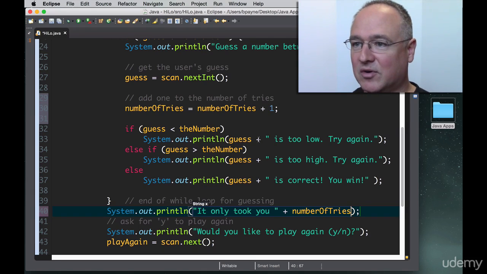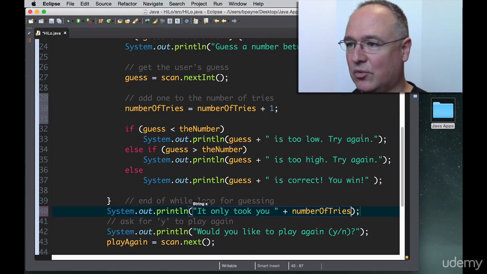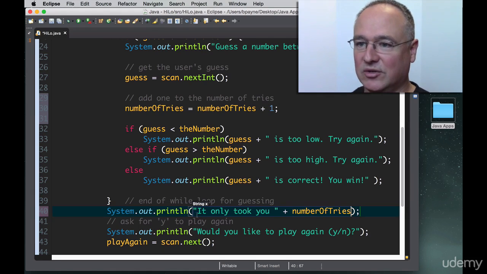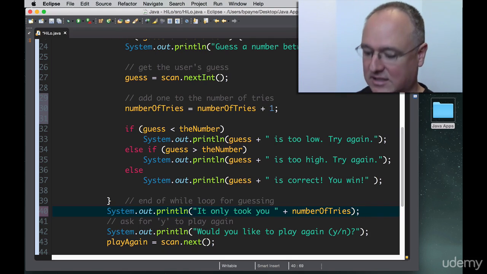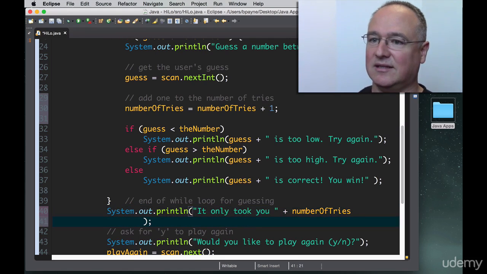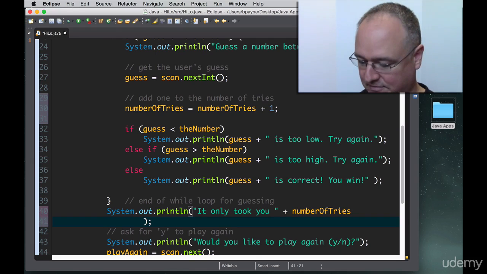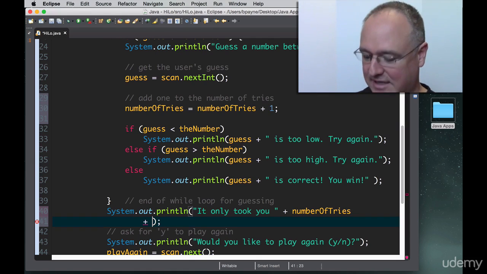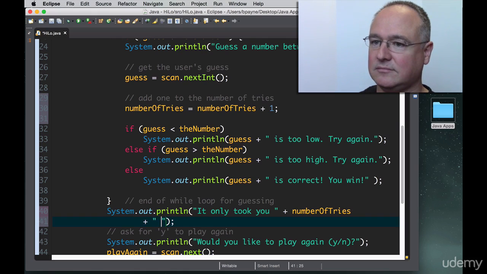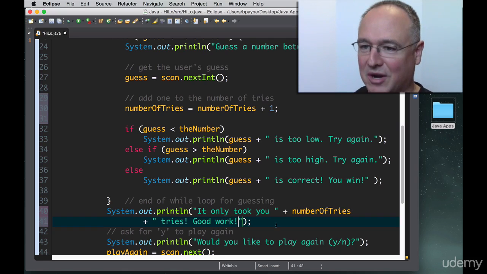So we printed out the number of the guess, and then we added to it the rest of this text. We're going to do the same thing. It only took you, number of tries, and I can hit return inside this system.out.println, as long as I remember to stitch things together with the plus operator to concatenate my strings. It only took you, number of tries,